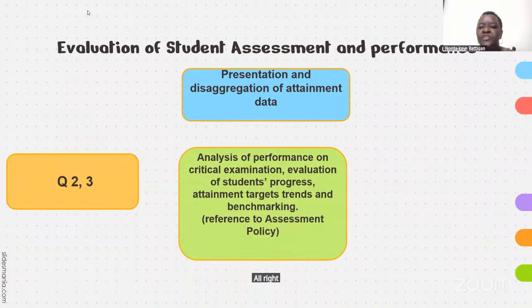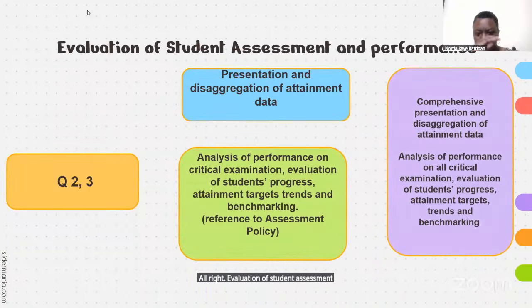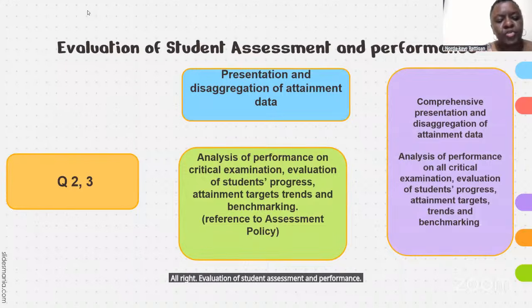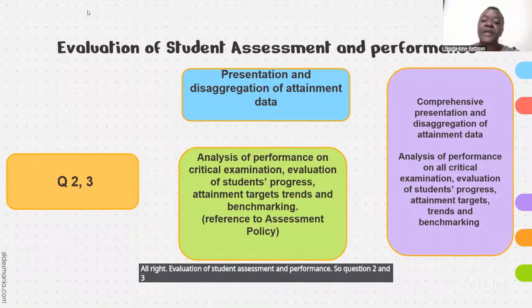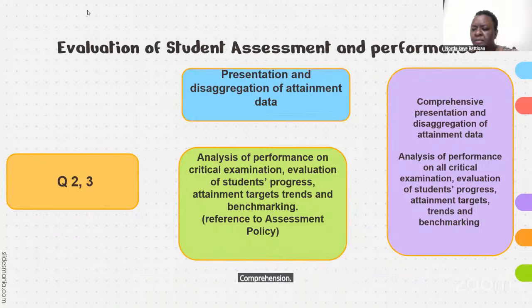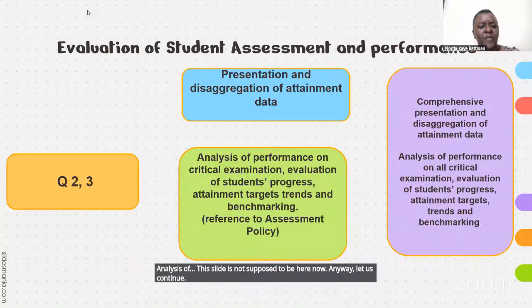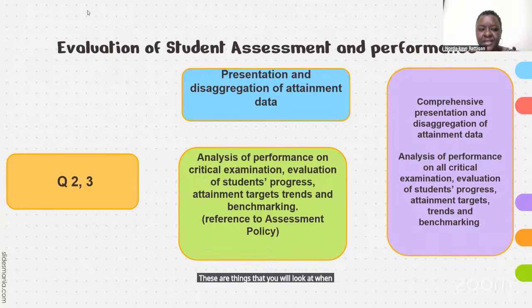All right, evaluation of student assessment and performance. So question 2 and 3, presentation and disaggregation of data. Comprehension, presentation, analysis of... this slide is not supposed to be here now. Anyway, let us continue. Analysis of performance on critical examination, evaluation of student progress, attainment targets, trend, benchmarking, reference to your assessment policy. These are things that you will look at when you are breaking down your data for question